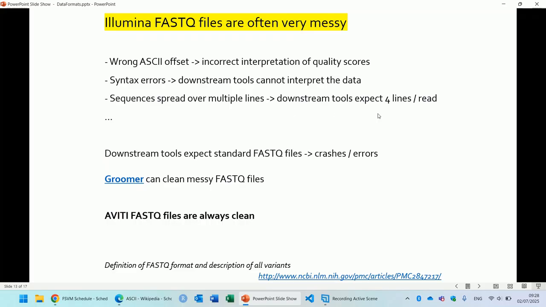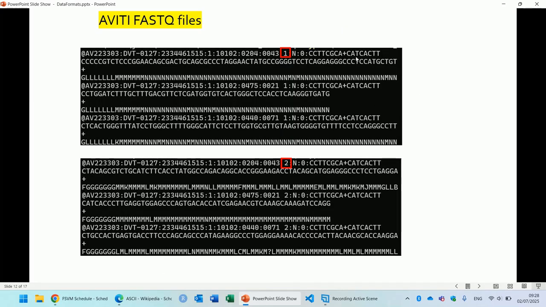And then each read will be represented by 6 lines, because you have to split the read over 2 lines, and you also have to split the quality scores over 2 lines. And most tools are not built to handle that. They expect 4 lines per read, so when they get 6 lines per read, they will be confused and